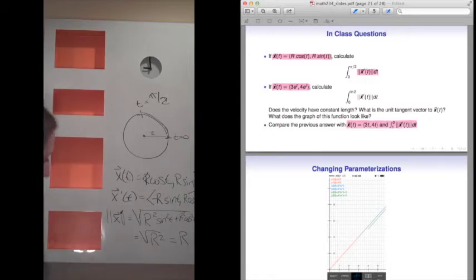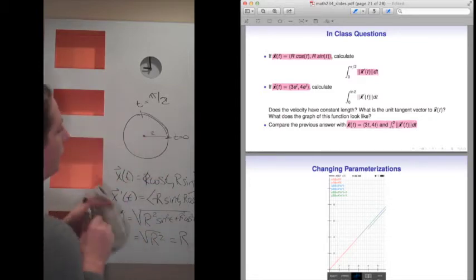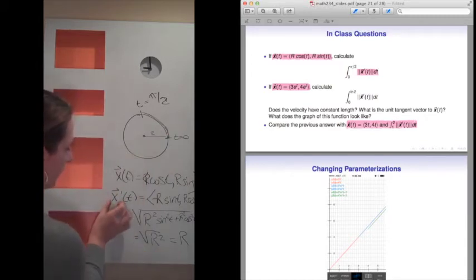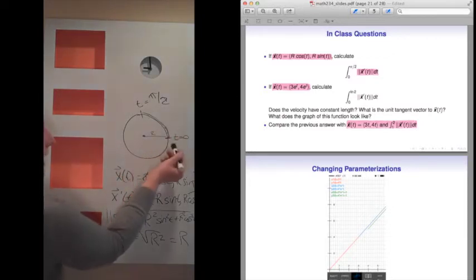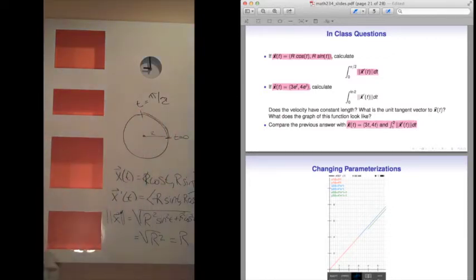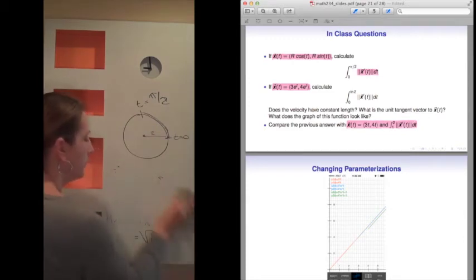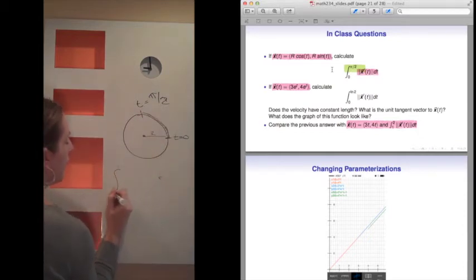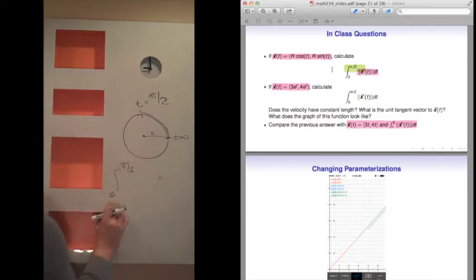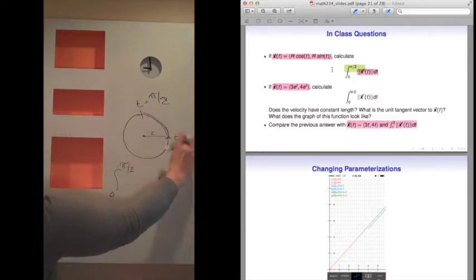And we learned that the direction of x prime tells us the direction of our velocity, and the length tells us the magnitude of this velocity. So to get arc length, what we want to do is integrate the magnitude of the velocity as we go along the curve. So as we set up this integral, that I just highlighted in green, I want to calculate the length of this purple part of the curve, and I've set this up as the integral from t equals 0 to t equals pi over 2